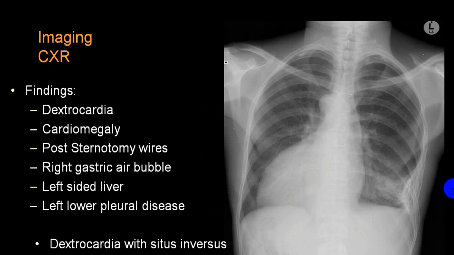Now here if you see, simultaneously there are steel wire suture wires. You can see here, these are suture wires. There's cardiomegaly, and these are suture wires, means some surgery has been done. And if you see here, there's a thickening of the pleura. So all this suggests that dextrocardia is present with some congenital heart disease and where surgery has been done. So this is very, very typical.